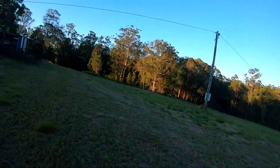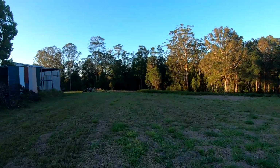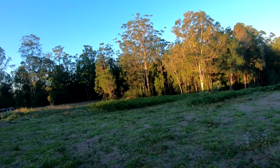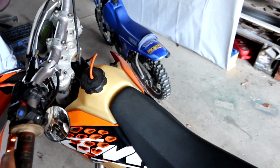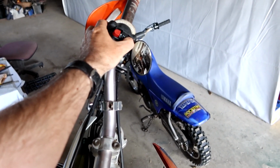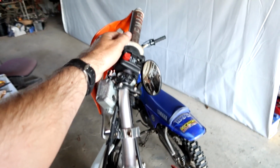Yeah. So I took it down to the shop. I've since picked it up. You saw it in the shed there. Actually, well, you haven't seen it. Let's cut to that clip right now and I'll show you exactly what the bike is doing. Okay, so here's the poor 300. Not doing so well. Let's start her up and... Yeah, okay, but then...